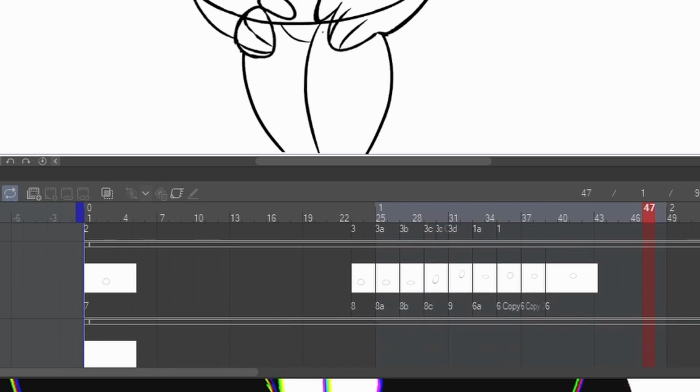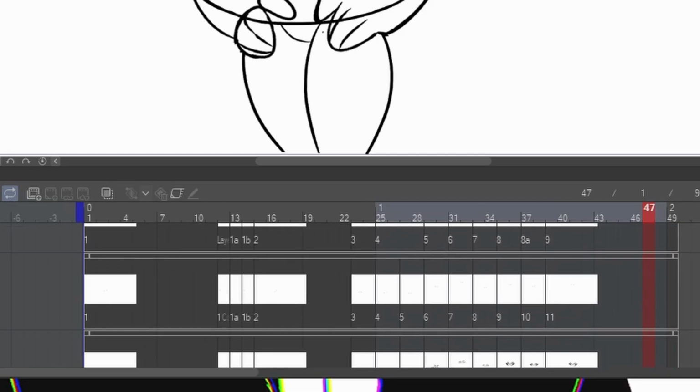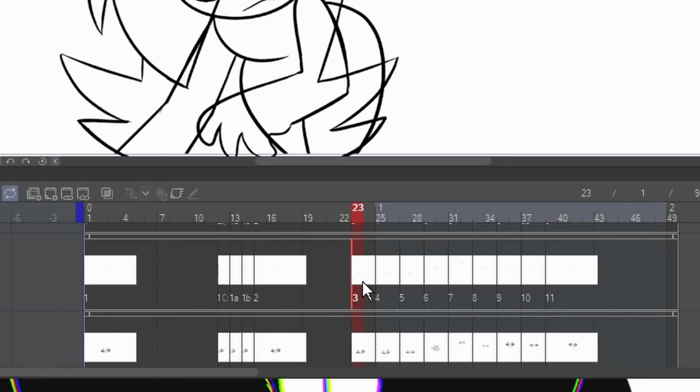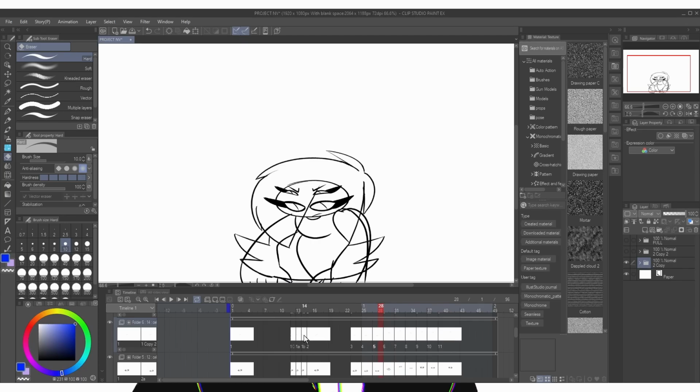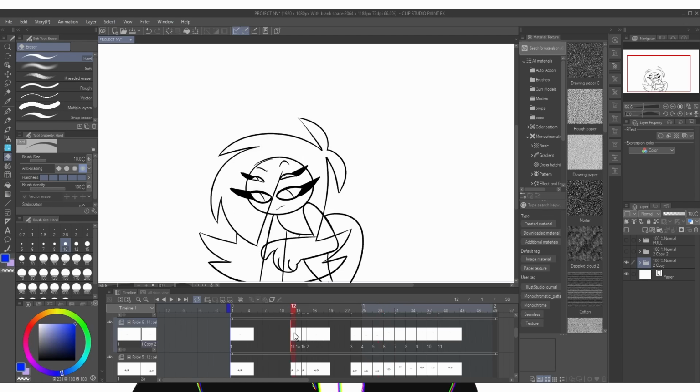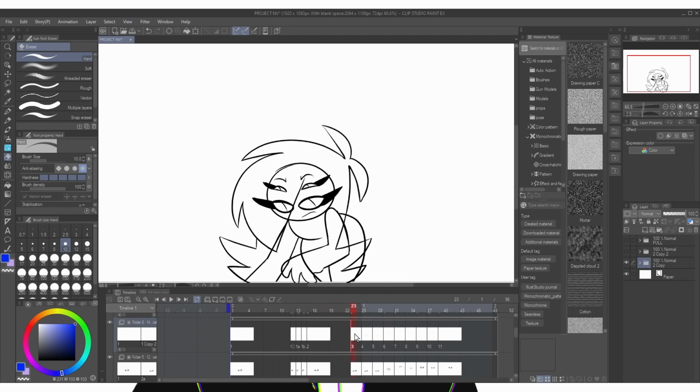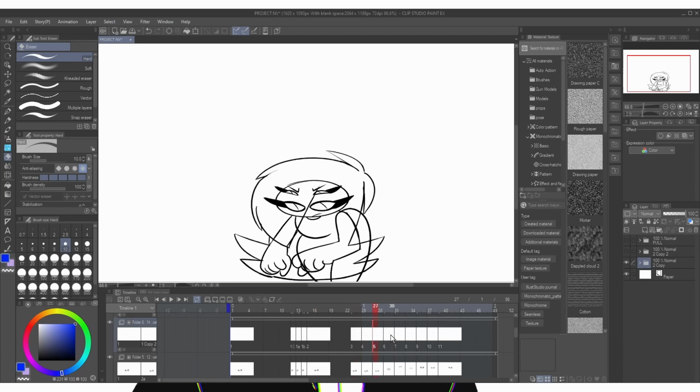Now, what I recommend when you do animation is definitely try to animate in twos. As you can see, 1, 2, 1, 2, 1, 2. The only time I animate in ones is if I'm doing a really sporadic animation movement. But most of my recommendation, if you're just a beginner animator, is to work with a lot of still frames and twos if you really need to animate. So definitely try to find ways of extending the animation a certain way, like this, and then make a little bit of an animation position where it changes over time.